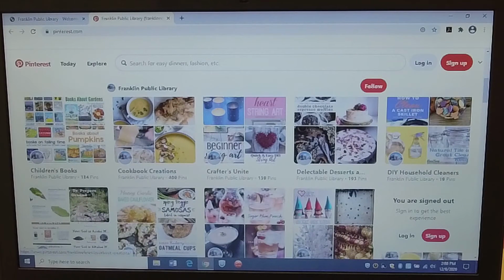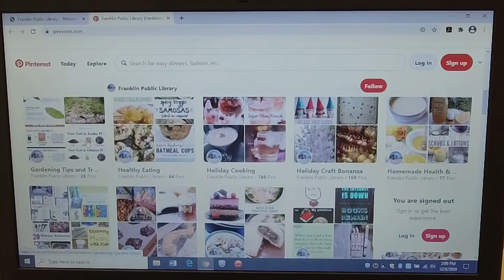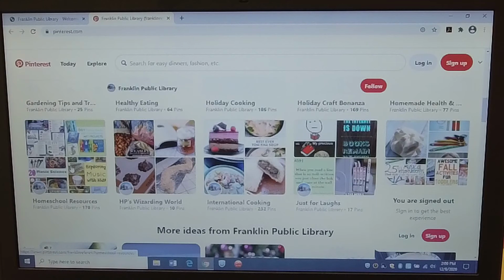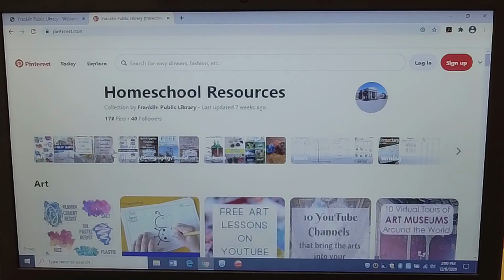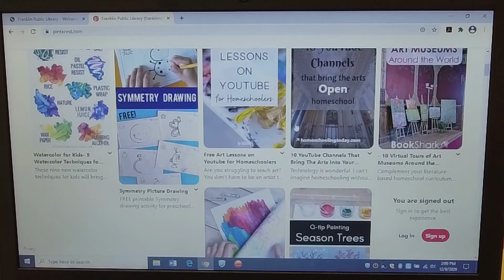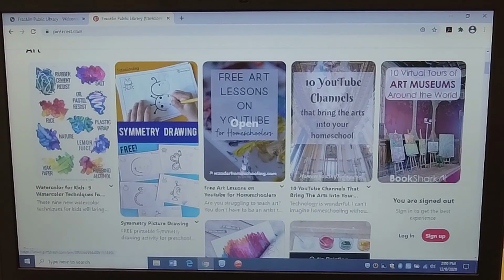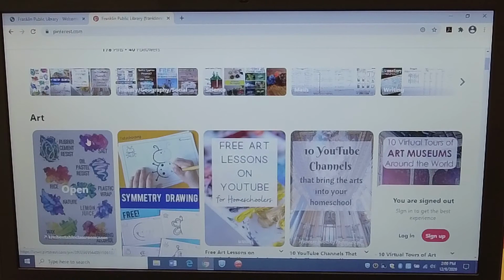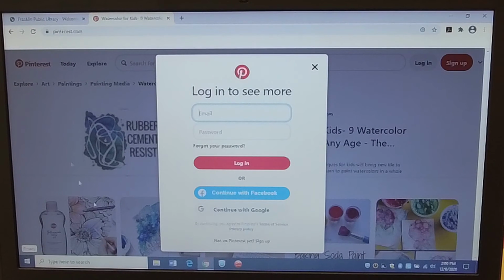We have cookbook creations, crafters, desserts, household cleaners, holiday cooking, healthy eating, gardening, all sorts of fun boards. And here's homeschool resources. And you can go ahead and click in there and find all these great links to all these different resources for those different topics. And you can open it up and it'll just lead you straight to that page if